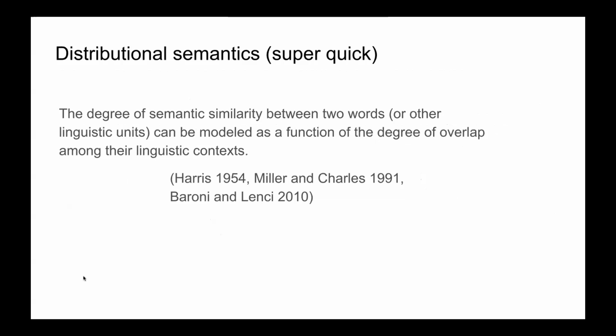So distributional semantics relies on the so-called distributional hypothesis, which basically says that if you take a big corpus, and it's from this corpus you extract sentences, and there are two different words which appear in very similar contexts, you can say that these two words have something in common. It can be formalized as: a degree of semantic similarity is a function of the overlap of the context, right? So the more the adjacent words reappear in different contexts, the more they say something about the similarity between the two words in question.